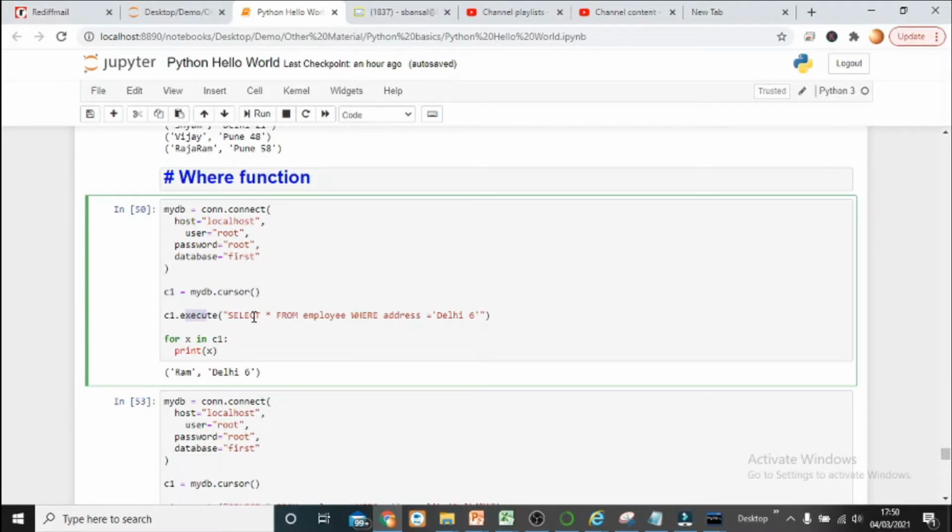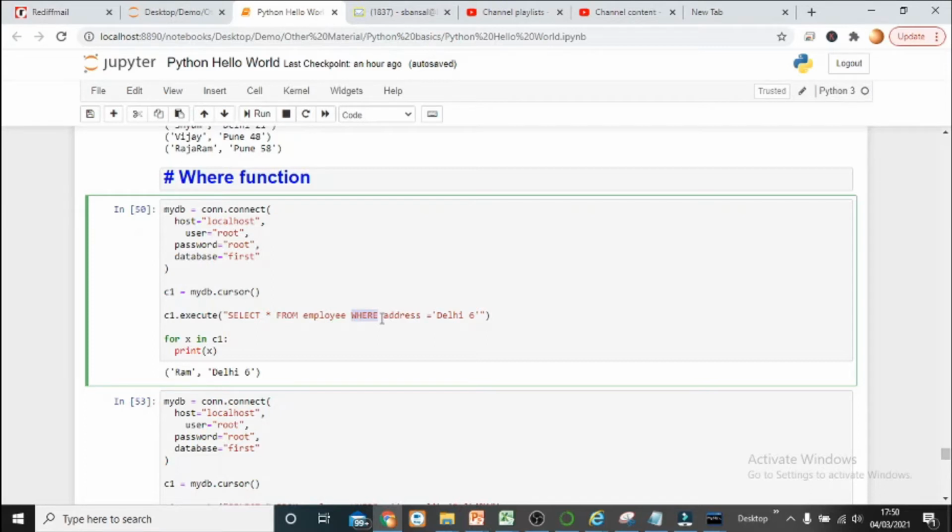And how do you select records from the database table? To select the records from a database table, you have a standard statement that is SELECT * FROM. Now in this statement, you can add one more clause that is called WHERE. Where is a condition by which we can mention a few filters while fetching the records.